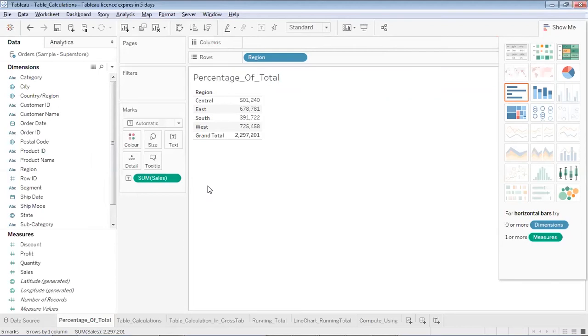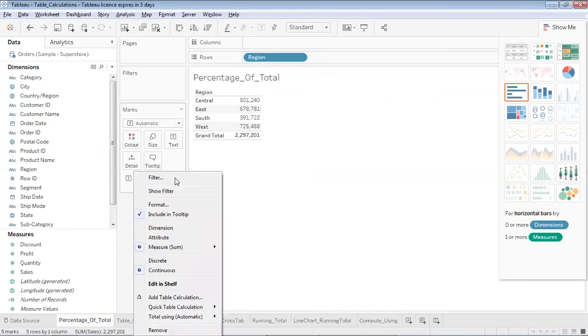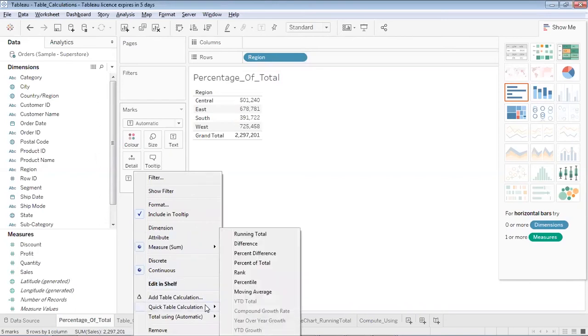Now if I would like to see it in terms of percentage, I'll come over here to the sales drop down. I will select quick table calculations, and say percentage of total. It will convert each of these sales into a percentage of the total.